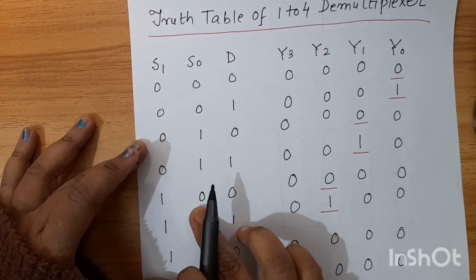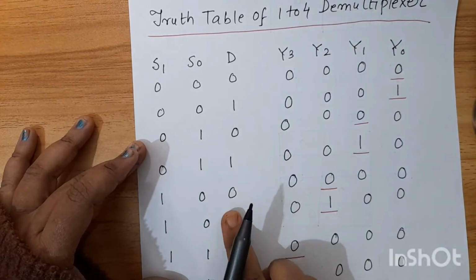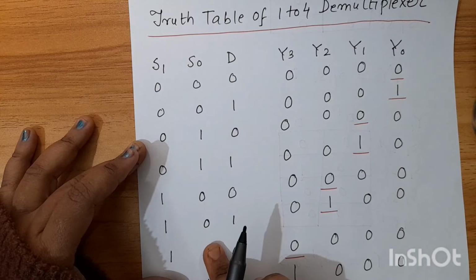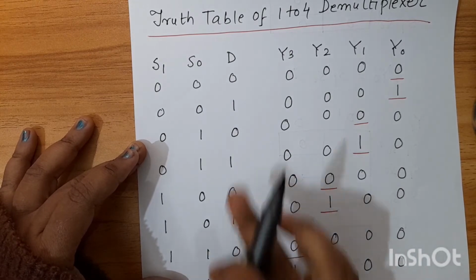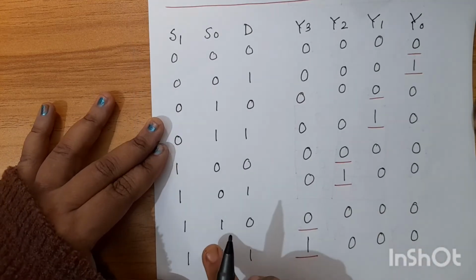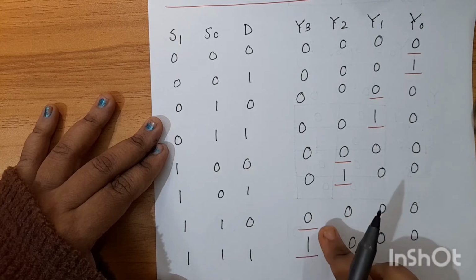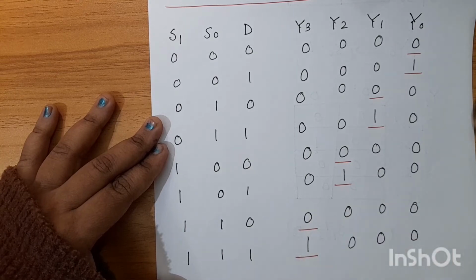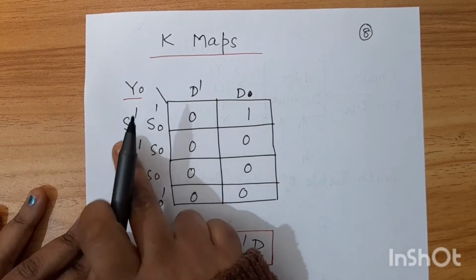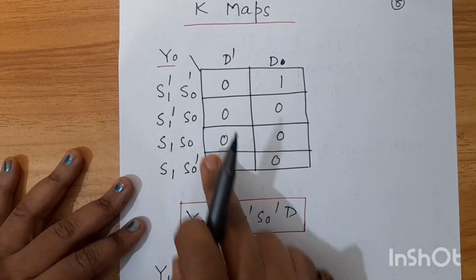S1, S0, 1, 0. Y2 is selected, D input is 0, Y2 is 0. Again Y2 is selected for the 1, 0 combination of select lines, D input is 1, Y2 is 1. For S1, S0, 1, 1, Y3 is selected, D input is 0, Y3 is 0, D input is 1, Y3 is 1. The K-map of Y0, D is 0 and 1 along one axis, and S1 bar S0 bar, S1 bar S0, S1 S0,